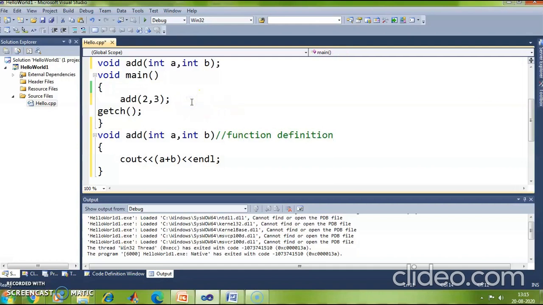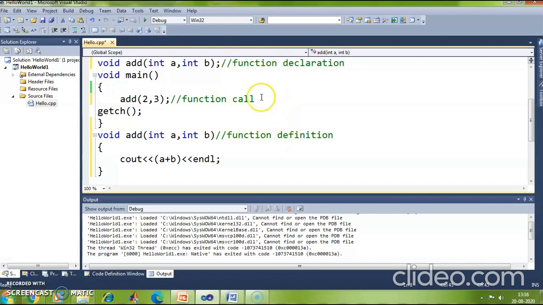This is my function call where I have my actual parameters 2 and 3. This is my function definition where I have my formal parameters a and b, and this is my function declaration. Okay, simple. So 3 basic steps to define a function are function declaration, function call, and function definition.